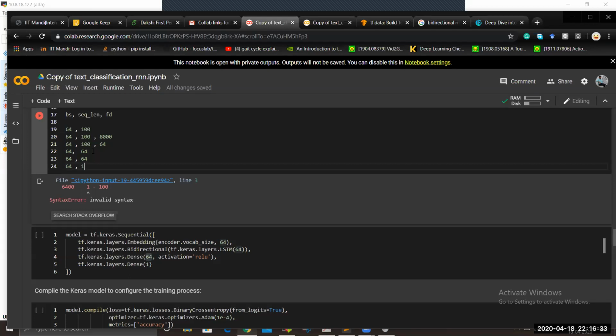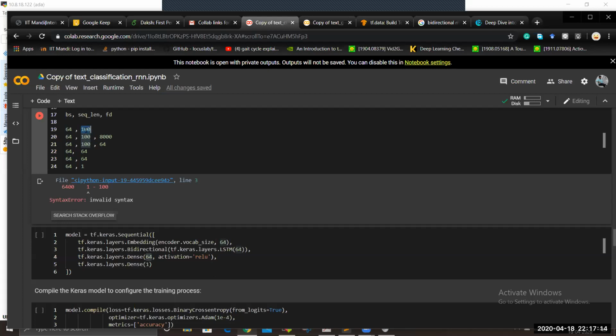So this is my complete network, which takes my input as 64, 100. That is a sequence of 100 words. It converts each word into 100 encoding. It converts 100 encoding of each word to an embedding. So now it has 100 words in which each word is 64 embedding. Then the LSTM understands all of these 100 words and then provides me a final output. And over the final output, I apply FC layers to get my one output, which is a binary classification, saying whether the input sequence, that is the input 100 words, corresponds to a positive review or a negative